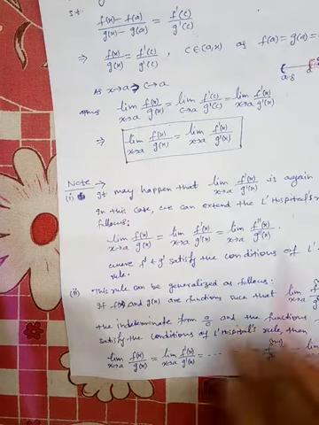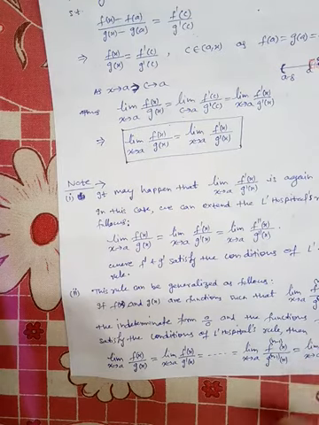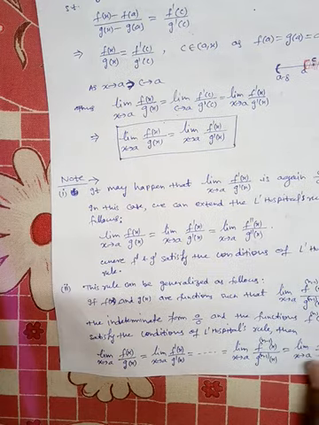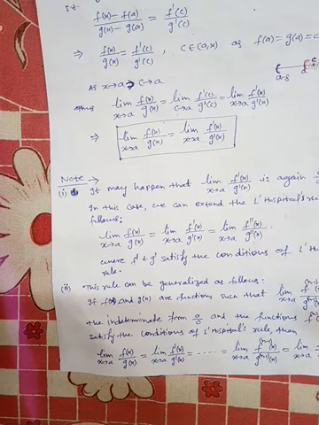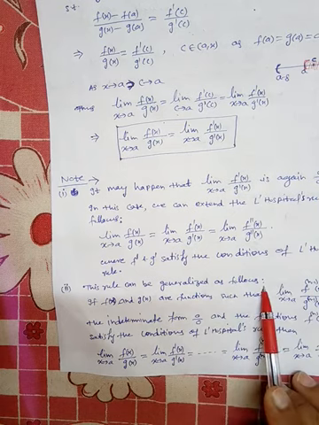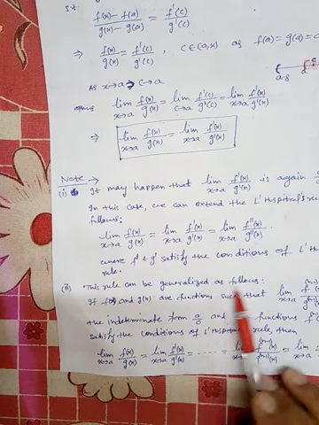So in place of f we will put f dash, in place of g we will put g dash, and then we are having this condition. I hope you understand. Further, again you can have this of the form 0 by 0. It can happen that the 0 by 0 form comes again. So that's why we are having this generalized version. So this rule can be generalized as follows.